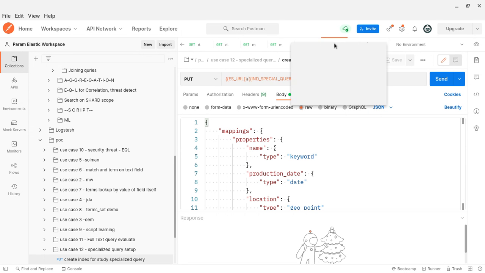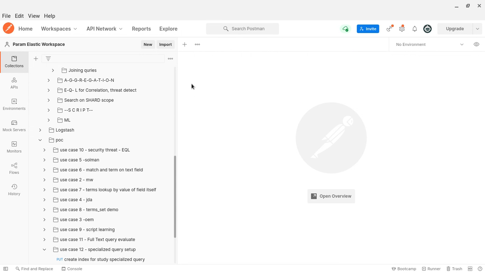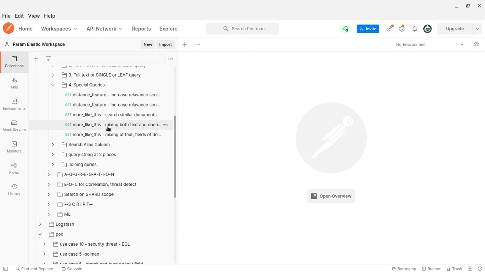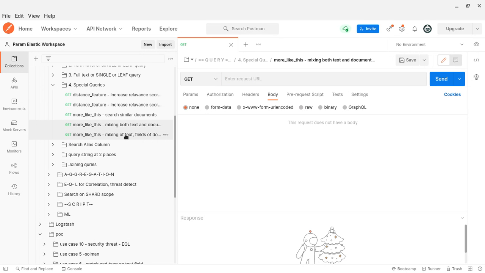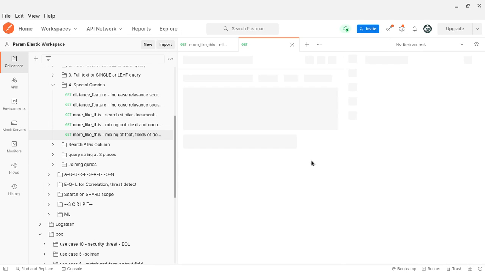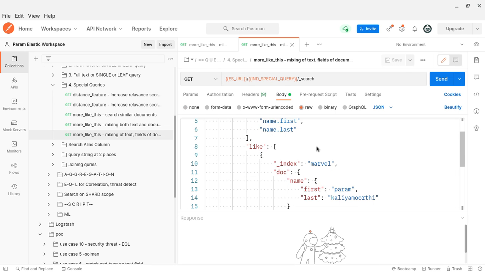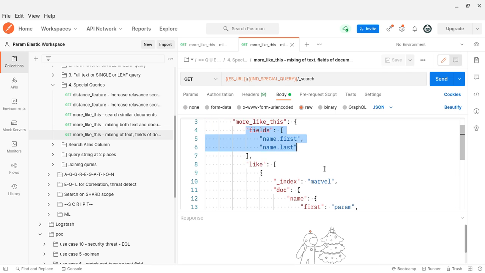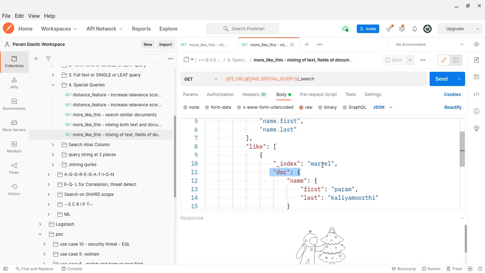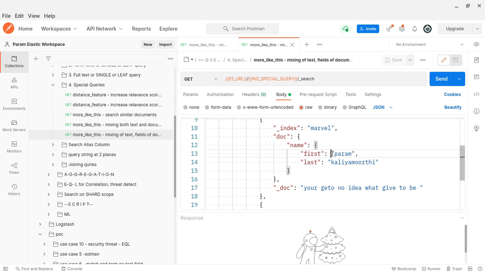Let me close all the stuff. I think the third one I was explaining. Here this is a field search. In that index, you take the field of this one. Instead of using ID, I can give the field as well, and the free flow text.